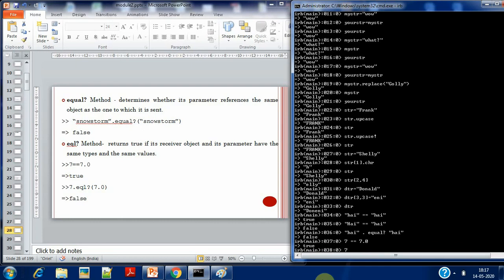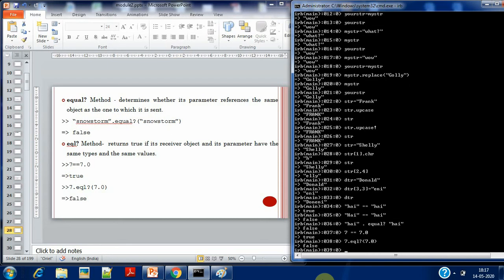But now if you're seeing with 7.eql? followed by 7.0, in this case what happens, it is going to return false. Why? Because one data is an integer and one is a floating point value. So for that purpose it is going to give you a false value.